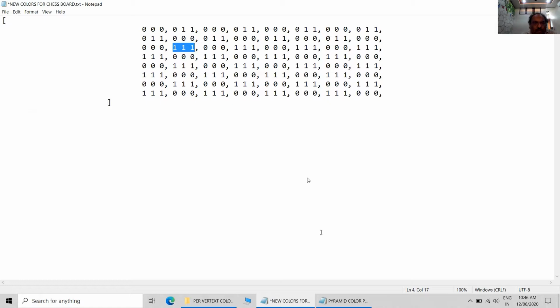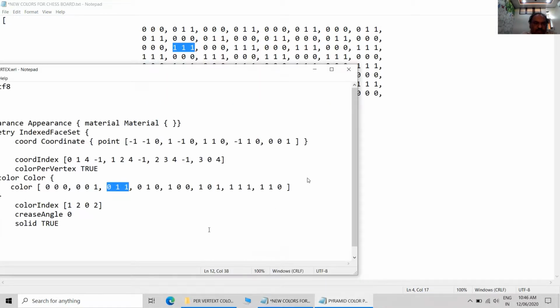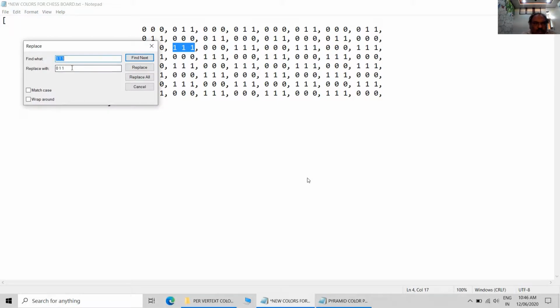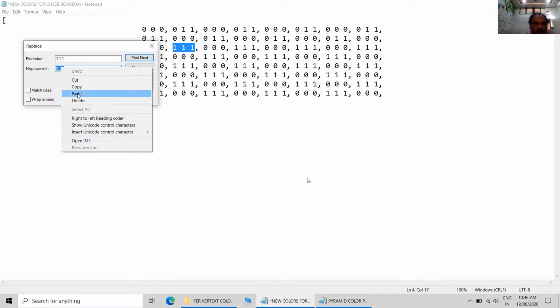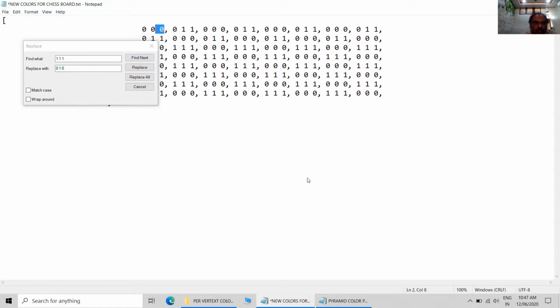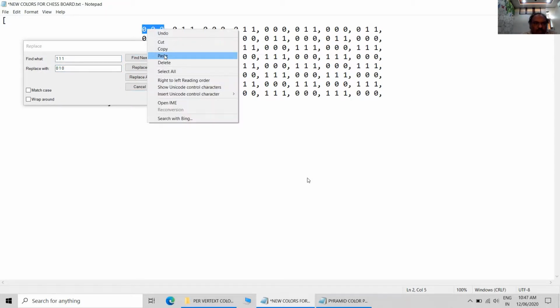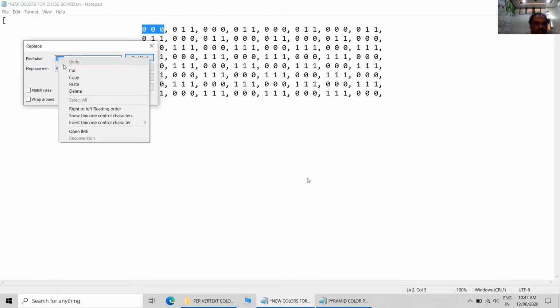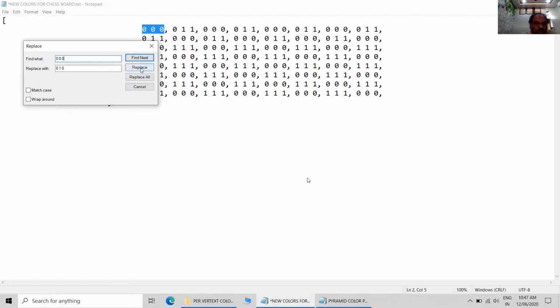I think 011 may be representing green. I don't know exactly which color it is representing. Now let us change another color. Now the rest of the black values will be replaced by another color. Replace.